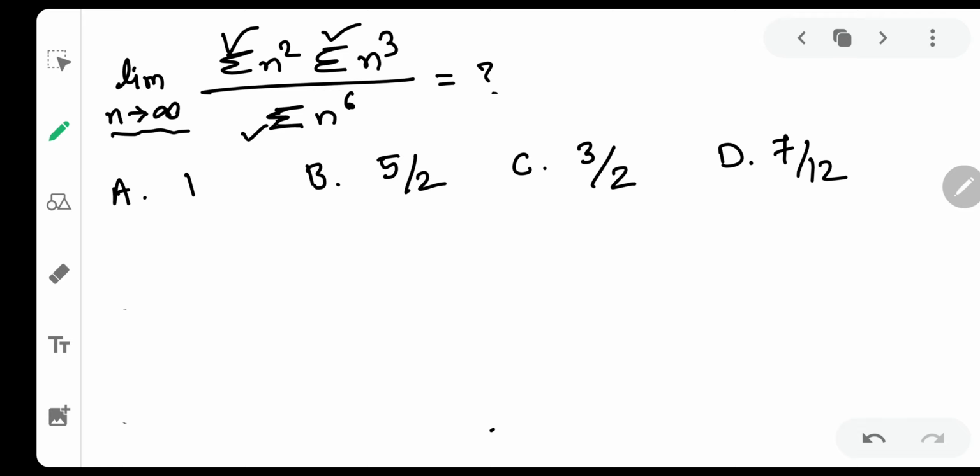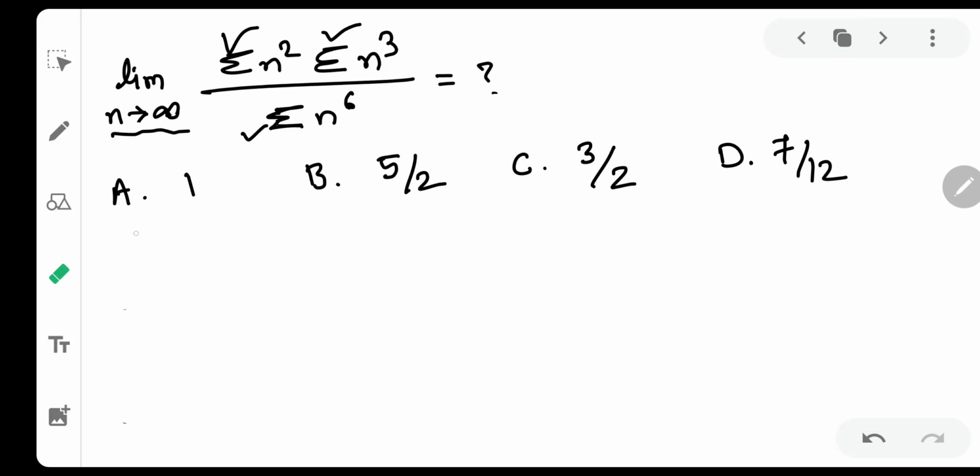Now everyone will say, sir, we remember summation n square and summation n cube, but this summation n raised to 6 is causing us troubles. Okay, so I am going to solve all of those troubles with a single trick. Now what is that trick? That is what we are going to know in this particular video. This video will be a bit long, but that will solve all your troubles regarding such sums.